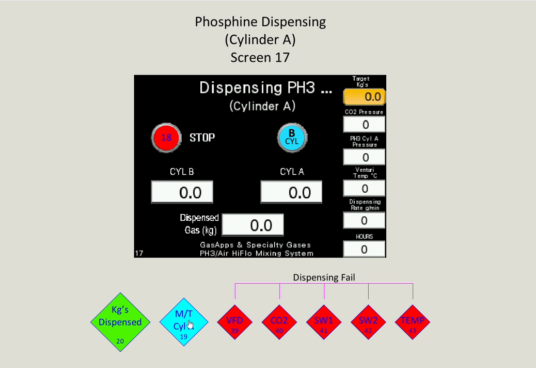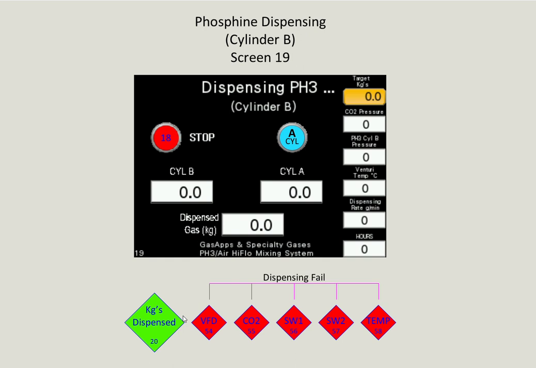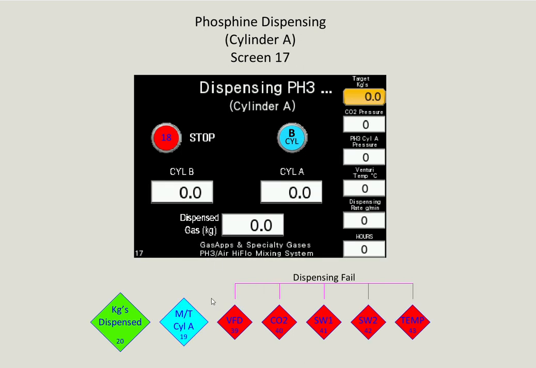This button here simulates an empty A cylinder. It automatically goes to cylinder B. And again, you can go back to A, and it will keep automatically going back to B if A is empty. So assuming everything is good and you've reached your target kilos, we'll simulate